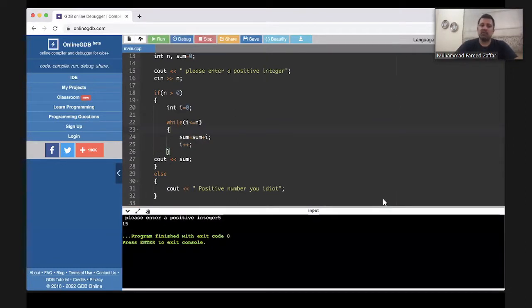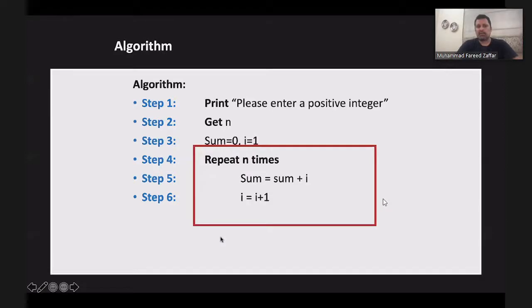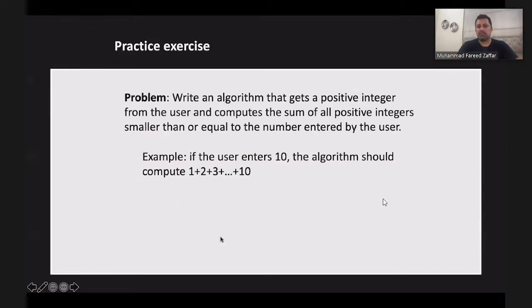So it's exactly the same as the pseudocode that we wrote, and you can test it out. I would actually advise you to not look at this code, just look at this, or even better, look at this and see if you can write this program, because if you can write this basic loop, you will get a few things. You will be able to initialize the loop का variable, you will be able to write the body of the loop, you will be able to increment the loop, and you will be able to test out